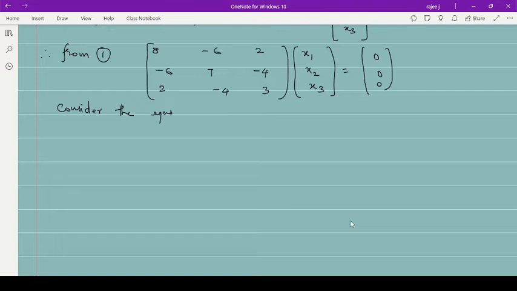So consider equations, say 8x1 minus 6x2 plus 2x3 equal to 0. And the second one, if I take, minus 6x1 plus 7x2 minus 4x3 equal to 0. Therefore, by Cramer's rule,